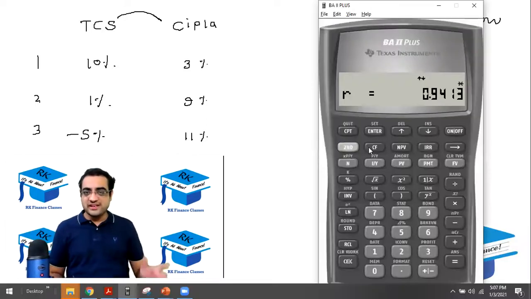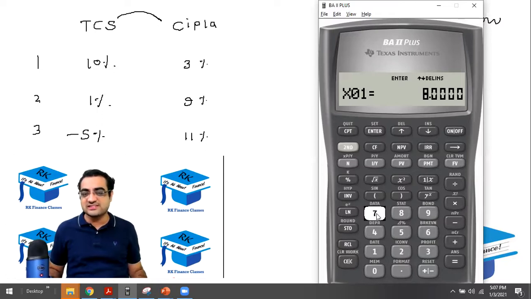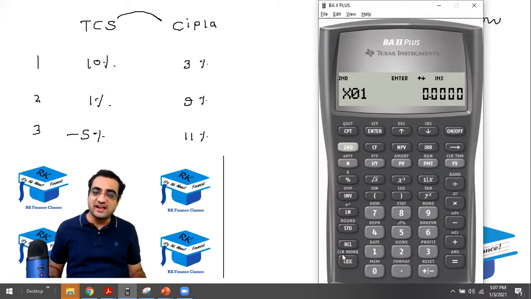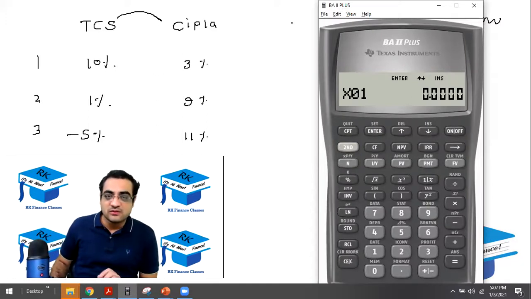On the screen, first come out by pressing on off, so that you come out of the functions. Then press second and 7, and then press second and CC. Don't just press CC. If you press CC, you'll be out of that function. So after you press second and 7, you have to press second and CC. All right, done. Okay, good.